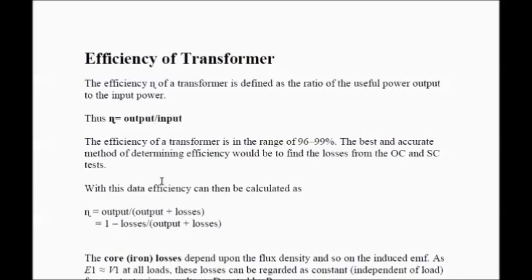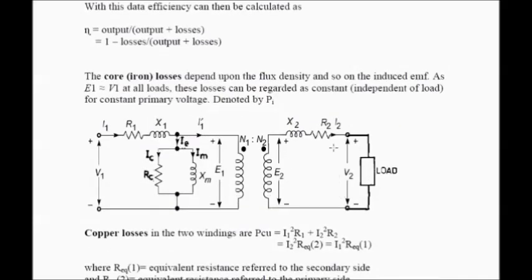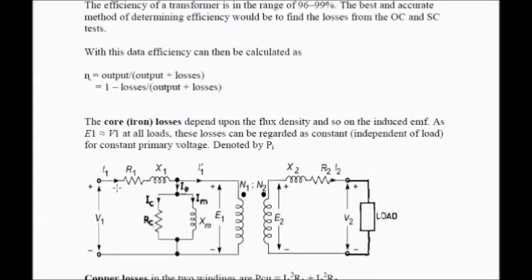See, there is another simple method to find efficiency of transformer, and in that method you can use a wattmeter. Suppose this is the transformer, and to find efficiency use one wattmeter here and find output power, and using another wattmeter here you can find input power. So output power upon input power will give you efficiency of the transformer. But since this wattmeter reading is not 100% accurate, this also has some error. So because of that error, the efficiency calculated will not be accurate.